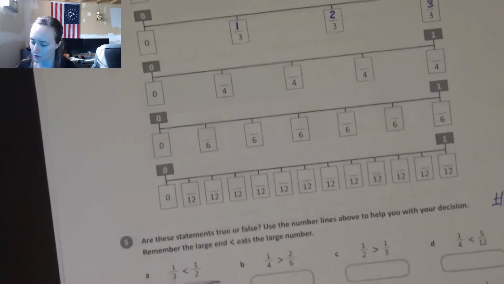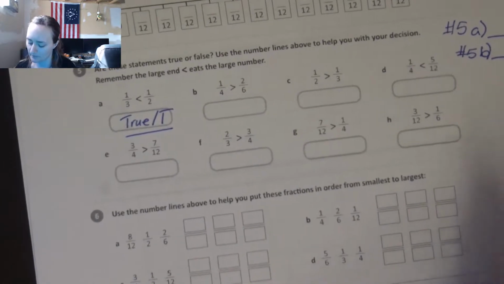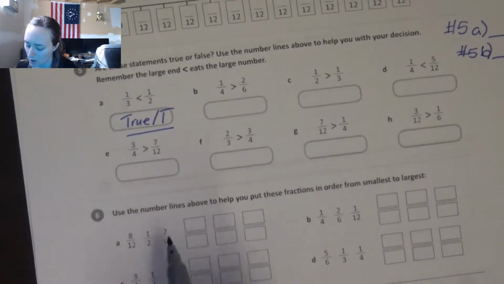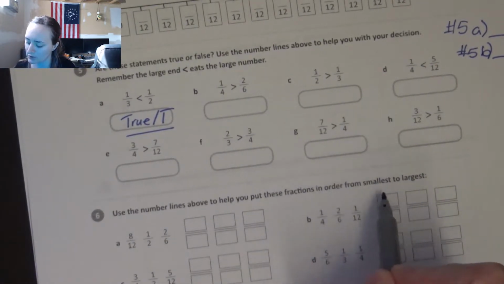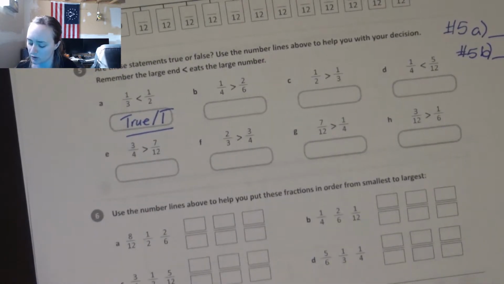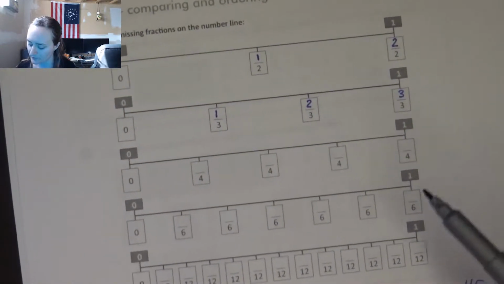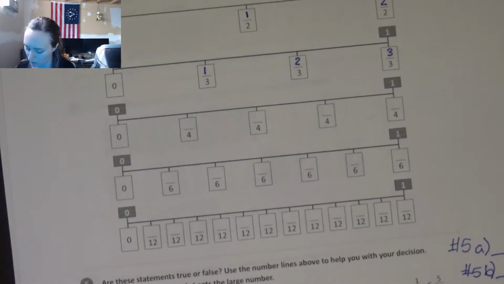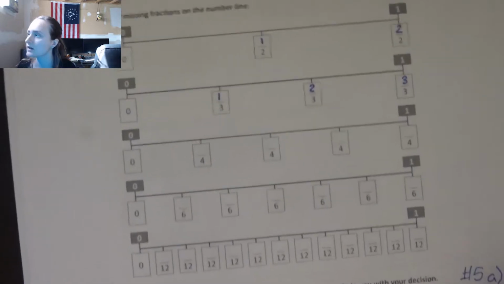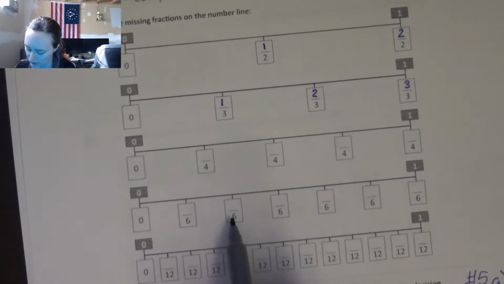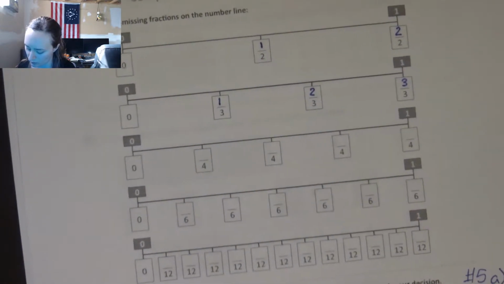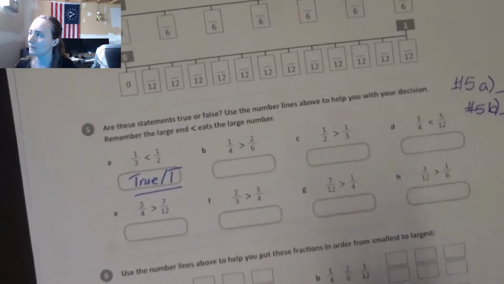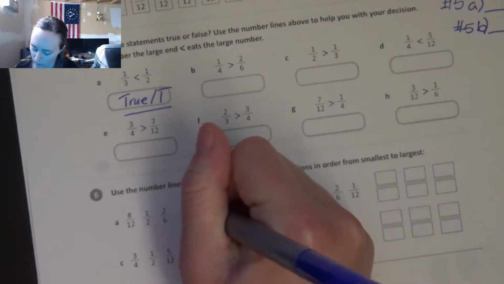We're going to come down here to the very bottom, and this is question number 6. We're going to use the number line above to help put these fractions in order from smallest to largest. I'm going to go back up to my number line. My fractions down here are 8/12, 1/2, and 2/6. So I already know that this is 2/6, which is smaller than 1/2. So my first fraction would be